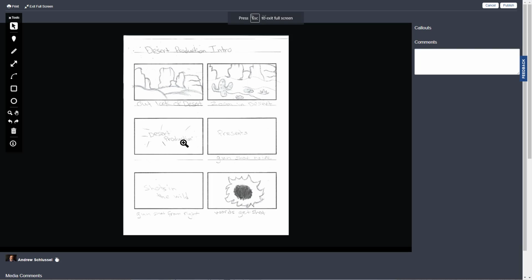Okay, next up is Ariana, desert production intro. So we've got desert, and we zoom into one area. Desert Production presents Shots in the Wild, and the words get shot. Okay,